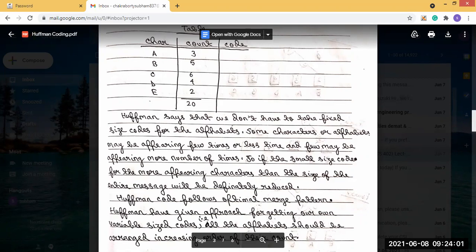Huffman code follows the optimal merge pattern. For Huffman's approach, to get our own variable size code, all alphabets should be arranged